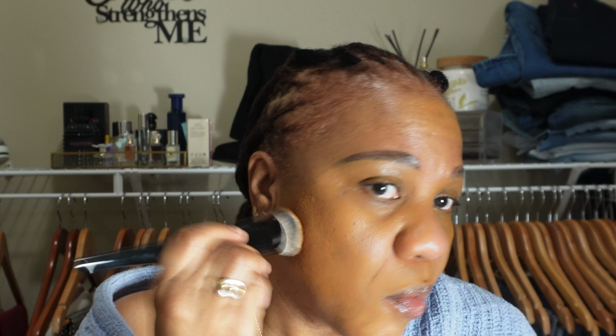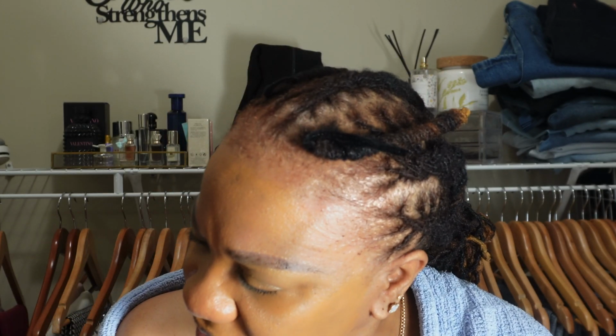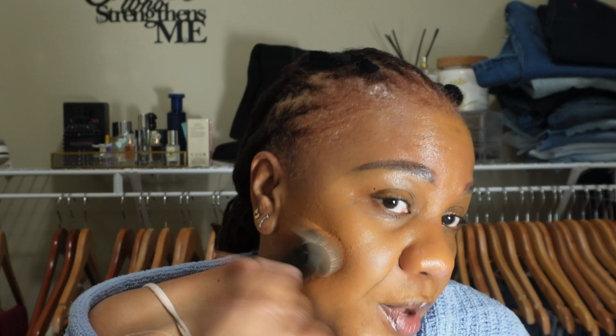You can apply to your face directly with your fingers or with a flat brush, but I opt to do this. I'm using the Sephora Collection, I believe this is a 20. No, it's a 70 foundation brush. And I'm gonna now go in and blend. Now I am tapping. And just for lighter, just hold it like this, tapping it in,